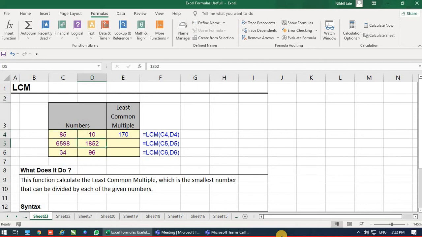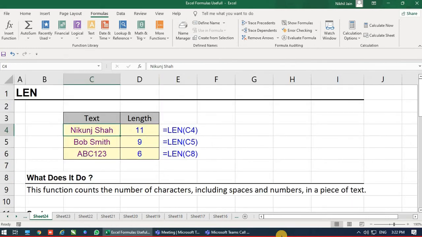Okay, so moving to the next formula, LEN. Again, this is another useful formula. For example, we are working in an office, collecting forms from candidates or employees, and we want to count the number of letters.